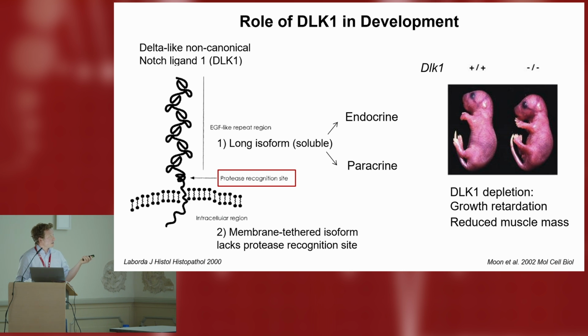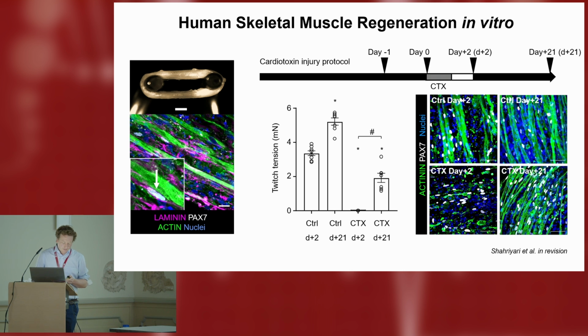And there is a membrane-tethered isoform which lacks this protease site and which probably also has some different biological functions because of that. In general, it is important in development. This has been shown a long time ago in mouse knockout models, where DLK1 depletion leads to general growth retardation, but also a particular reduction of skeletal muscle mass. And because of its known role in skeletal muscle, we first investigated how